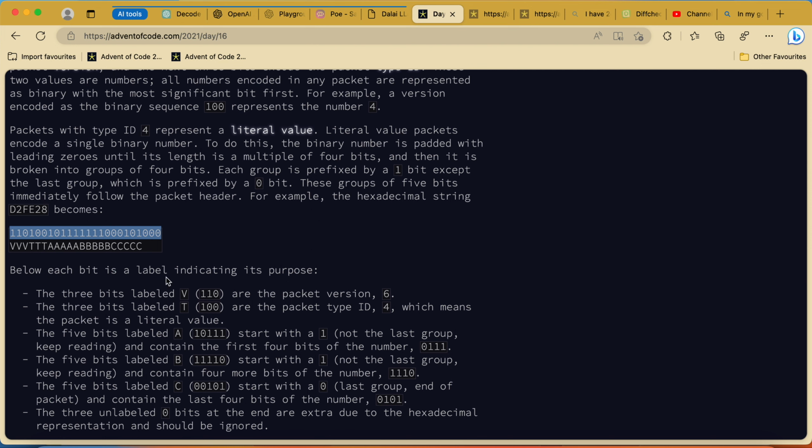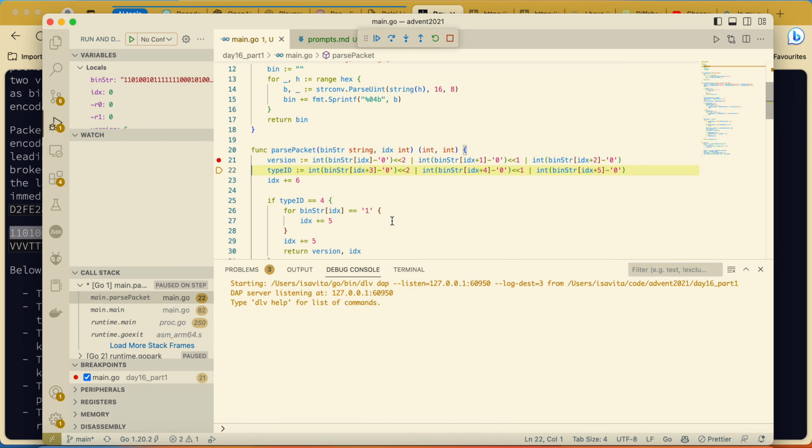Below, each bit's label indicates its purpose. How do we get these bits? Let's again ask what this is doing, because here we get the bit.